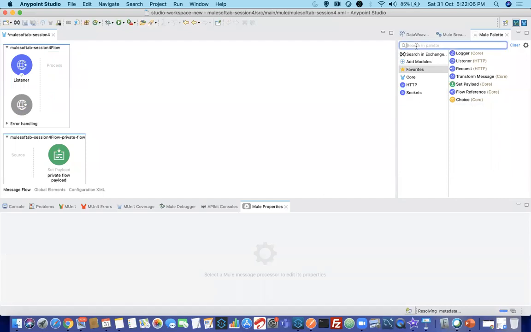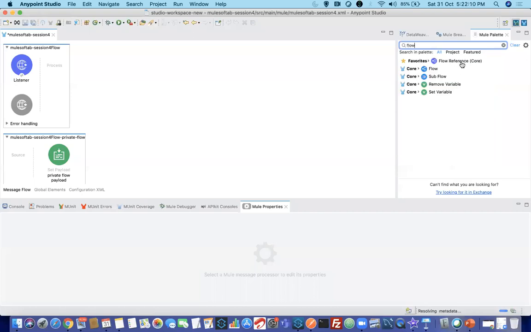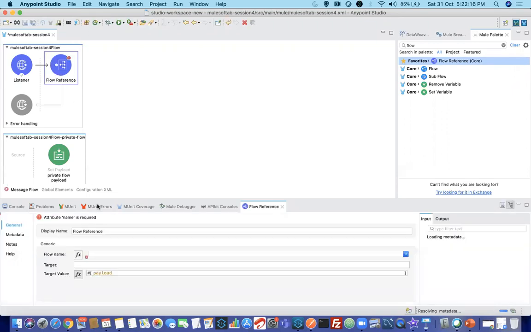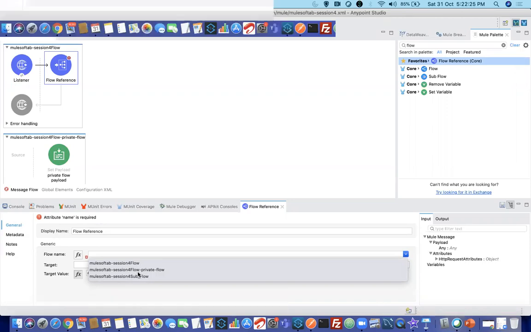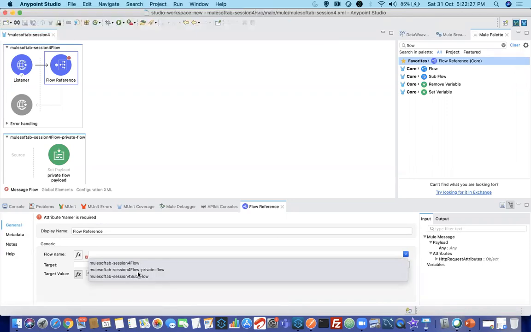Now search for the flow reference component. You can see flow reference over here. Drag and drop it where you want to call that flow. You can see there is something called flow name. If you see the drop down list, it will show all the flows which are present in your mule application, in your whole project.